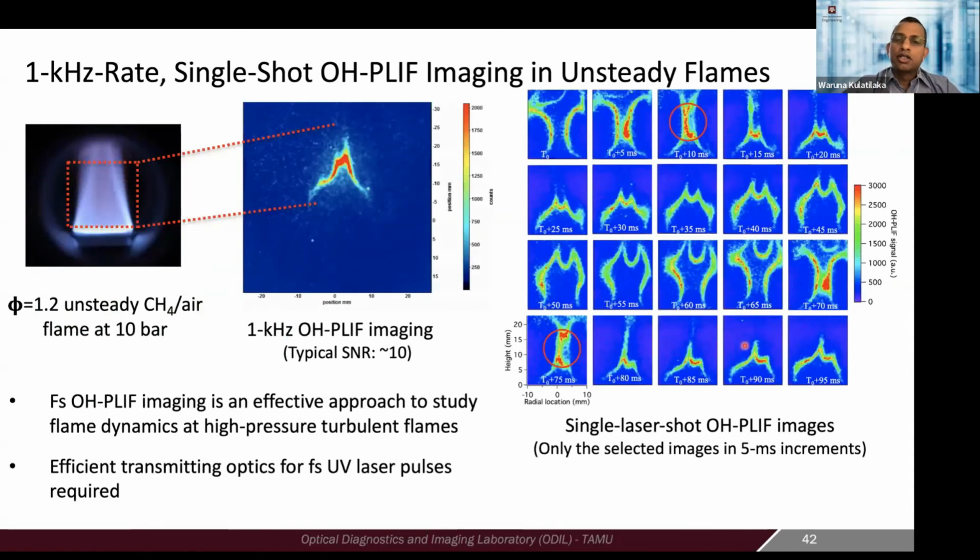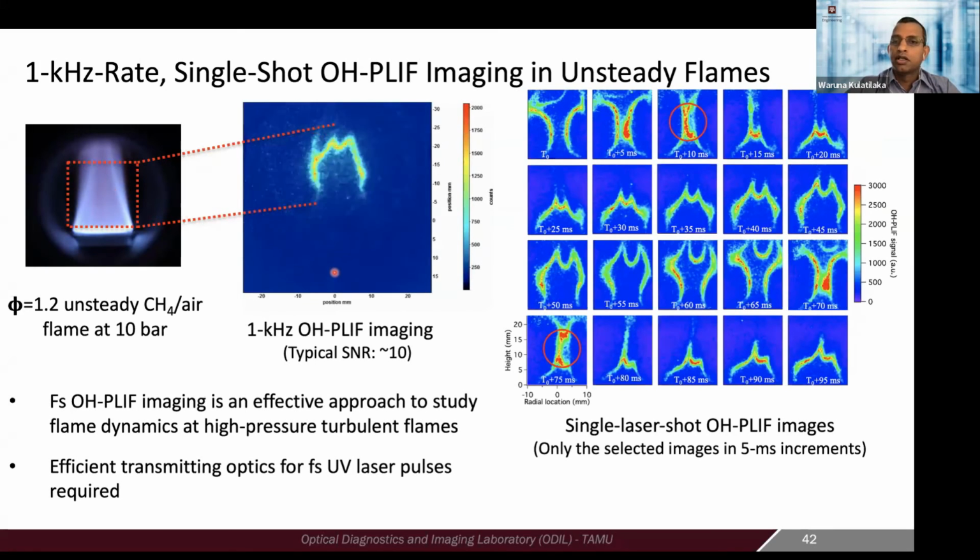The other main advantage of this, with getting the high signal to noise ratio and doing this at kilohertz, is that now you can do kHz-rate imaging. So this is an attempt to do single shot kHz-rate imaging of OH in this same high pressure burner. In this particular case, what we did was we just took out the stabilizing disk. So you get very high buoyancy effects in the flame. You see this buoyancy flapping kind of thing, and then you can see the OH distribution.